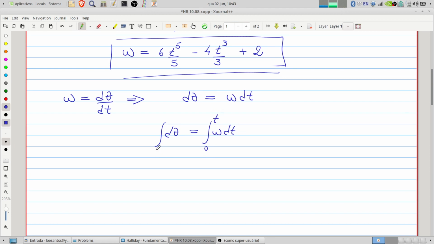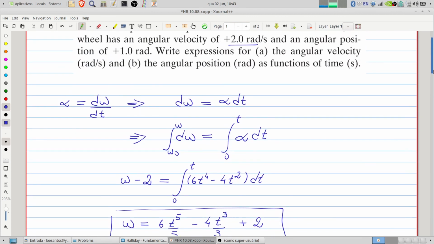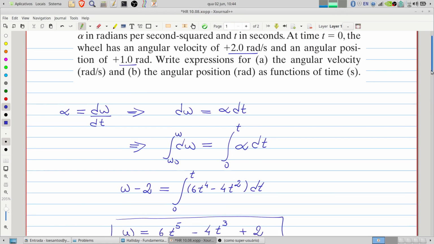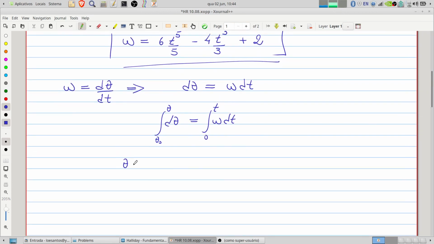Here we have the initial position and the position at time t. Therefore, we will have theta minus theta at time equals 0, that is 1, so here we have minus 1 equals